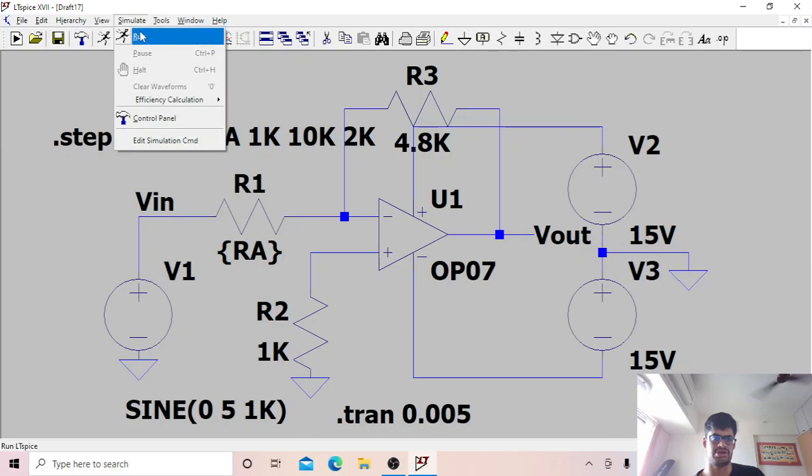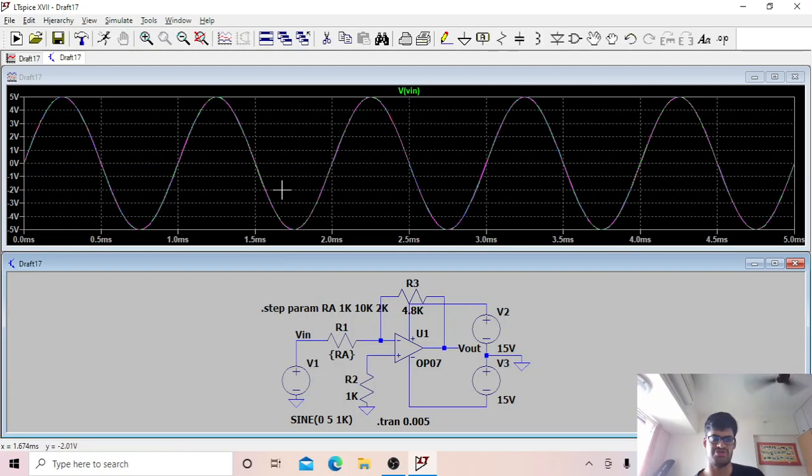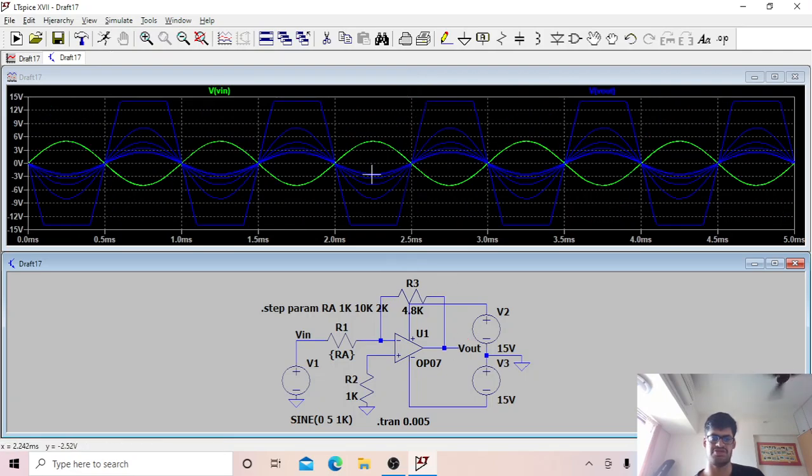Now we can simulate and run the circuit, and you will see the difference. For a single value of V in, there are multiple values of V out, so we get a multicolored V in wave here. When we tap on V out, you can see the different V out values we get for a single value of V in, and you also see the clipping wave and how the different values of V out differ. So this is all about the parametric sweep for the inverting circuit. You can get the same for a non-inverting circuit following the same procedure.